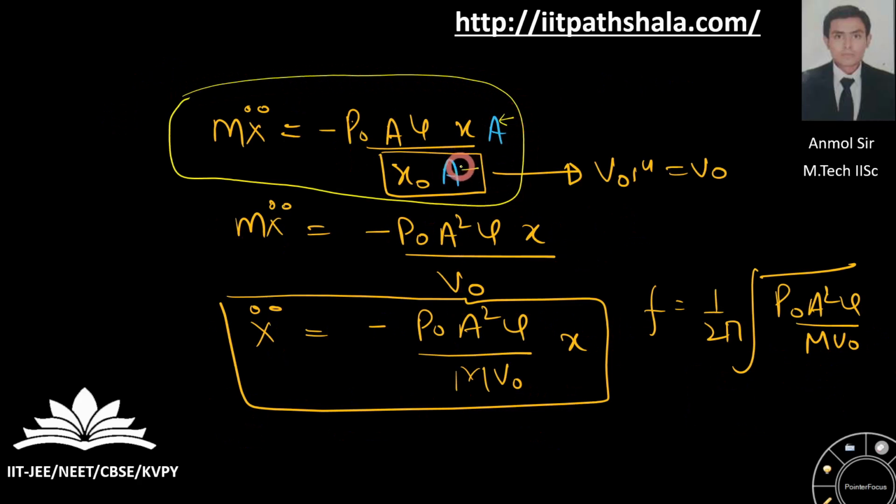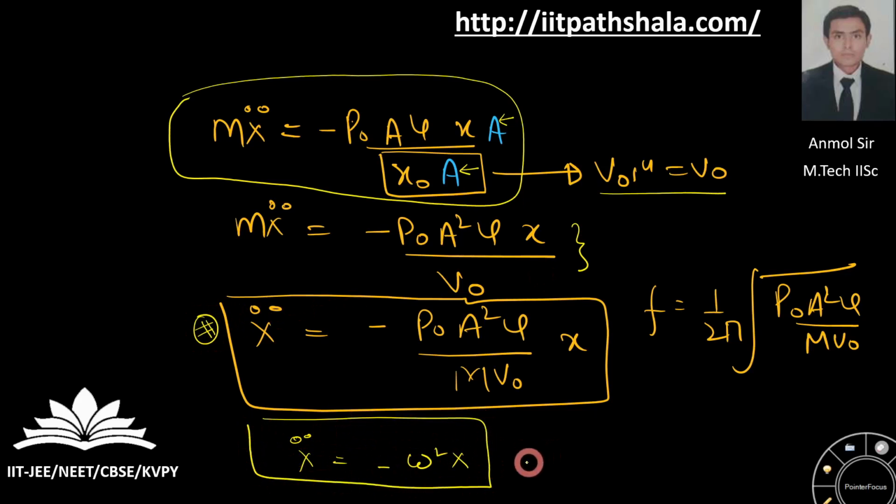You have to multiply the expression by A and divide it by A. Now you'll be left with the following expression. Just simplify further, and if I compare this solution to my SHM equation, I can get my frequency, my option C. This particular method is taking way longer than even 2 minutes.